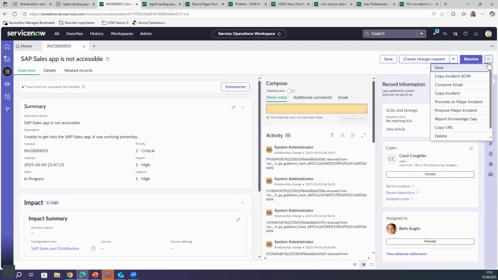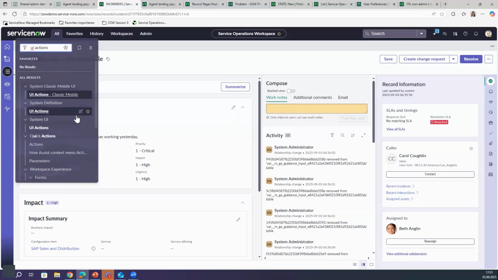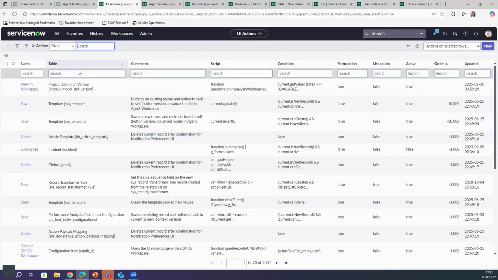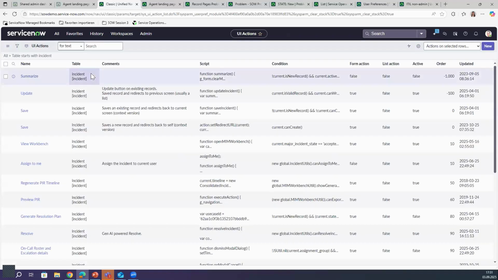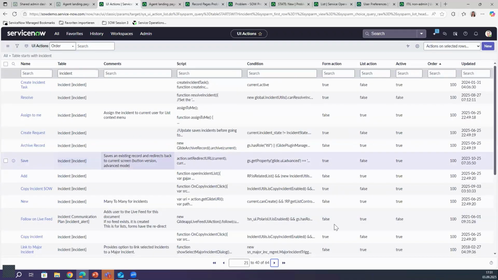So if you want to, for example, I created this UI action copy incident SOW, and if I go into UI actions, and I filter by the incident table,